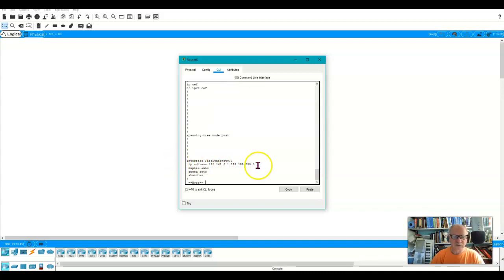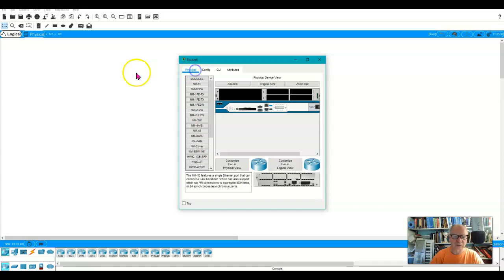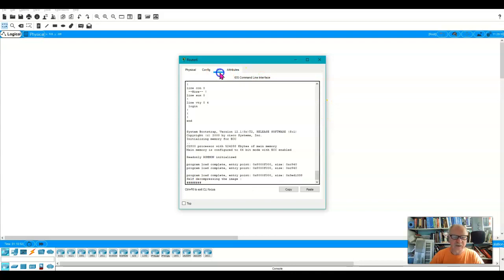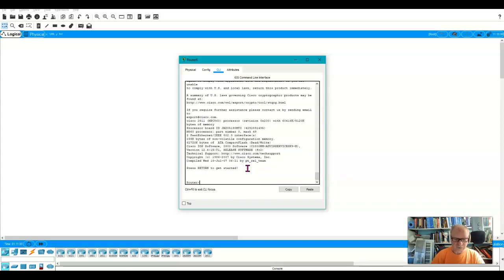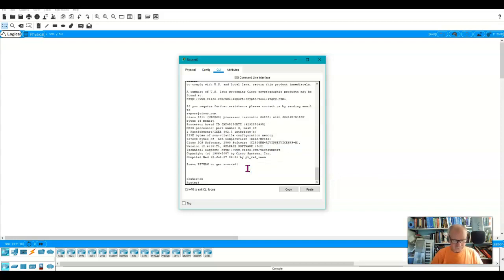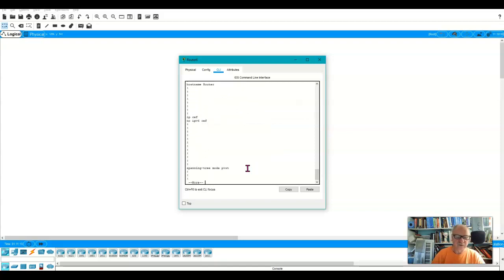And if I were to shut down and restart this router, let's go ahead and do that. I'm going to shut it off, and now I'm going to turn it back on and go back to the command line here, and you can see it's rebooting. And we'll just wait for a moment for it to reboot. All right, let's click in there and get started. Show start, and now you'll discover that in my startup config, sure enough, I have that IP address already there because I copied it from the running config to the startup config.